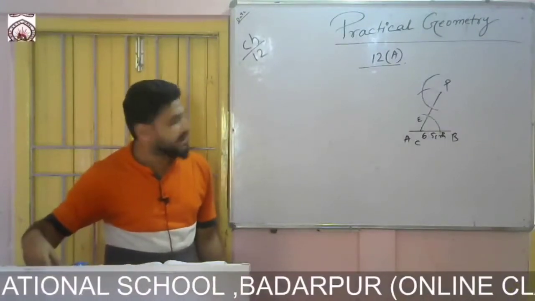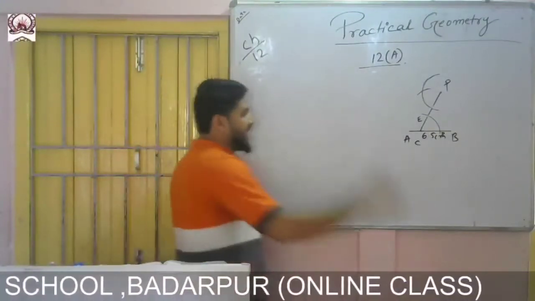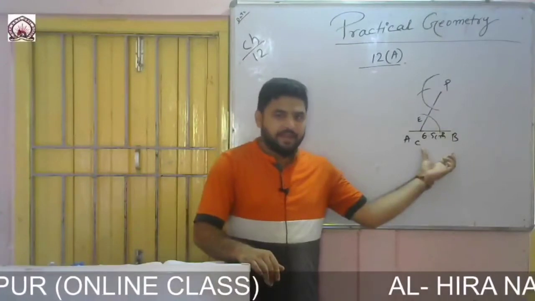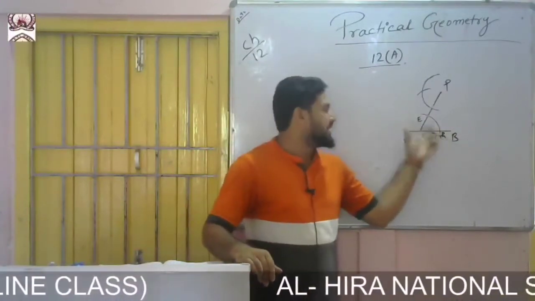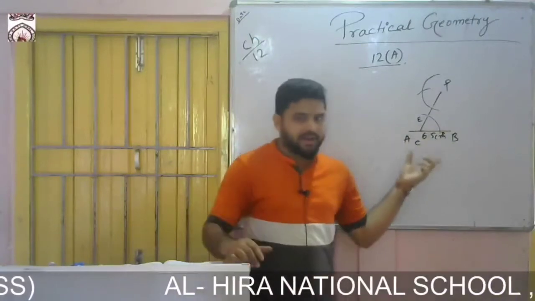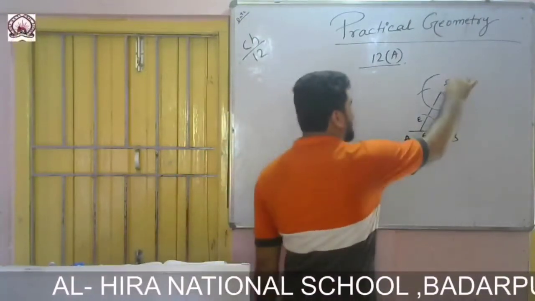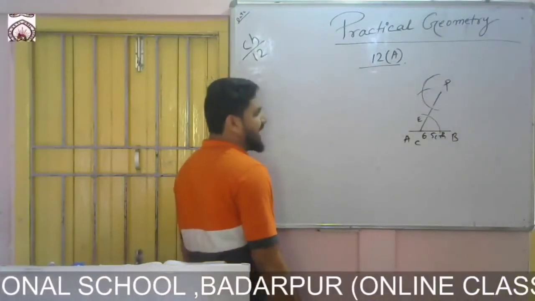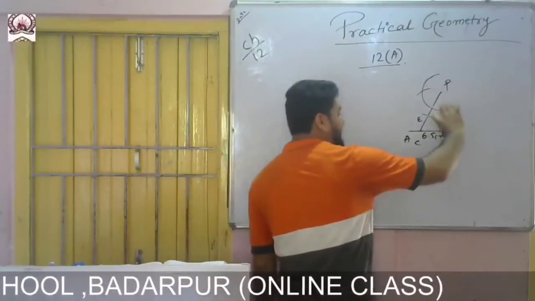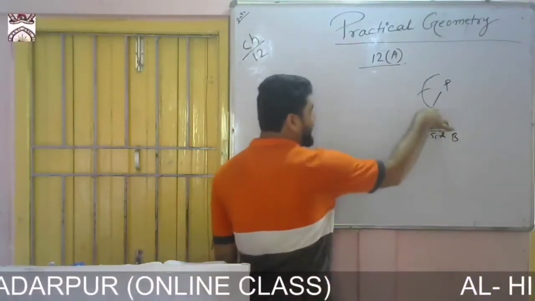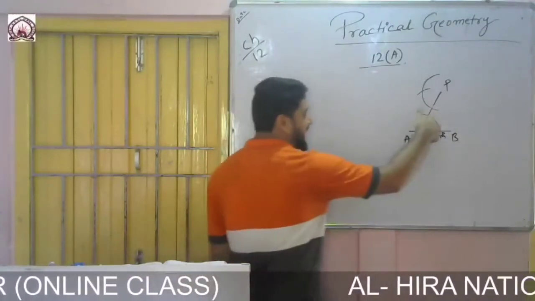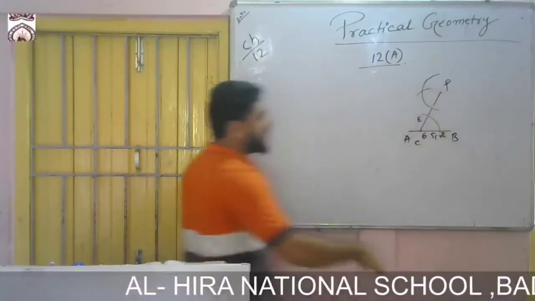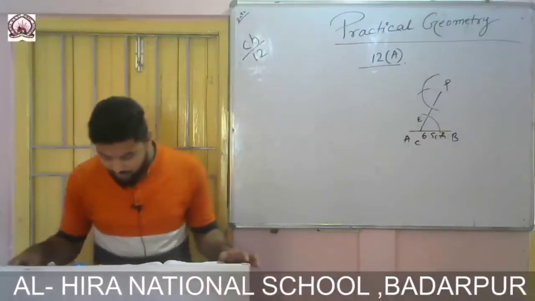First step, you draw one arc. First you take line segment AB, then take any point C, then draw an arc taking any convenient radius. After that, with the same radius pointing at P, you draw another arc. Then measure the distance, that means measure this angle E and P. You measure these angles, adjust your compass needle, and measure these angles. With this one, pointing from here, you cut it.